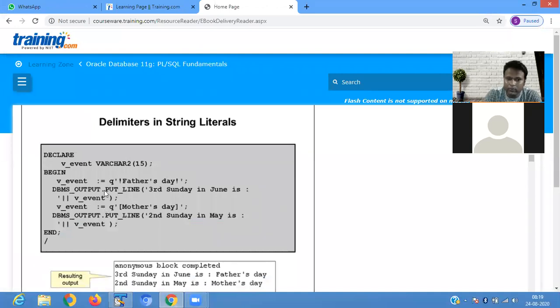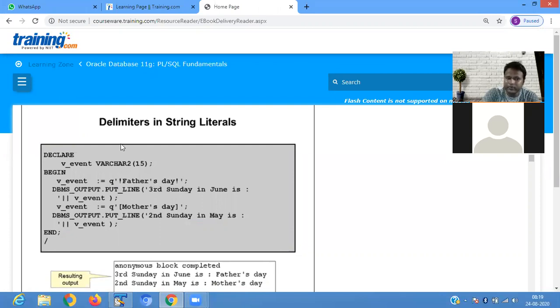To mention that this quotation is for an apostrophe s, we have mentioned here a q. The q represents the apostrophe s, like Father's Day.